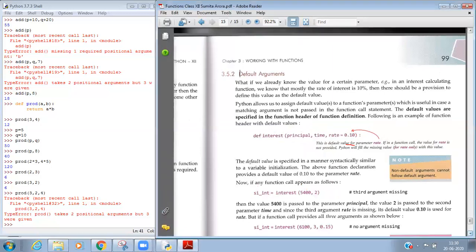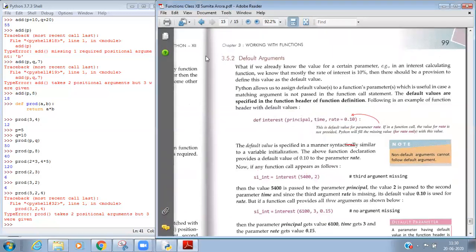One more thing that you must keep in mind is that while declaring default values, they must be given from the right-hand side. If any variable to the right side of the function has a default value, then the next argument can have a default value. For example, you cannot give time equal to 3 as a default value if rate does not have any default value. It means all the arguments to the left of a default value should also have a default value. Is it clear? Okay.